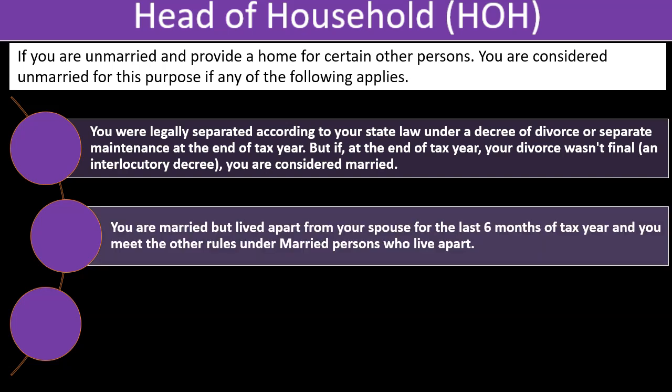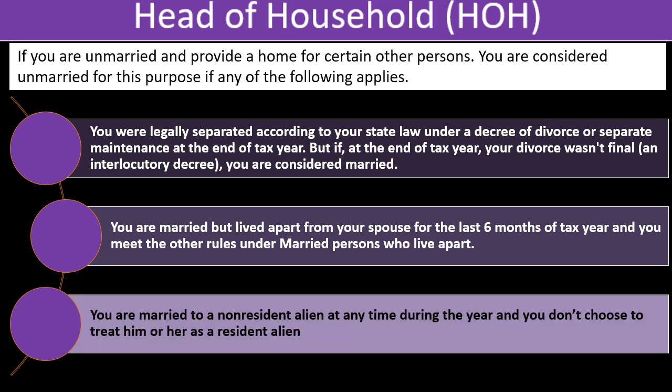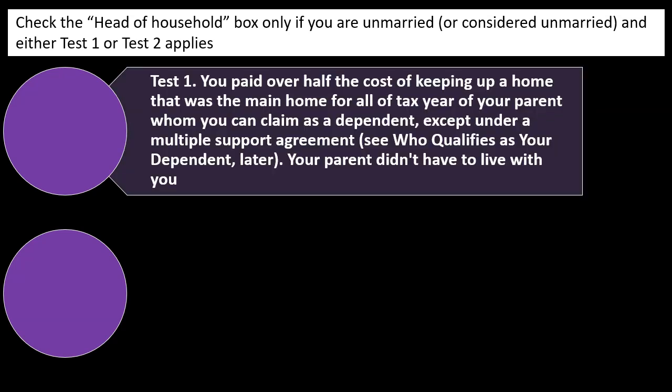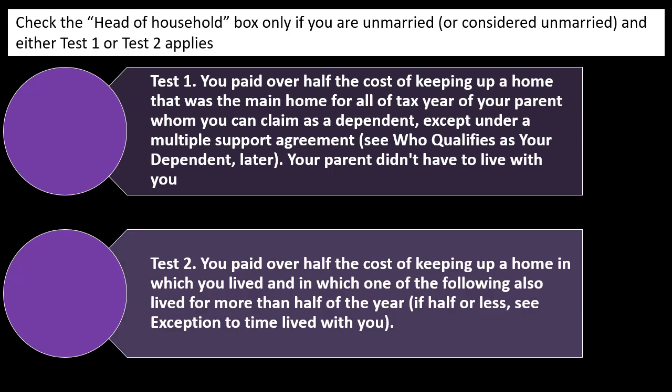You were married but lived apart from your spouse for the last 6 months of the tax year, and you meet the other rules under married persons who live apart. You are married to a non-resident alien at any time during the year, and you don't choose to treat him or her as a resident alien. Check the head of household box only if you are unmarried or considered unmarried, and either test 1 or test 2 applies. Test 1. You paid over half the cost of keeping up a home that was the main home